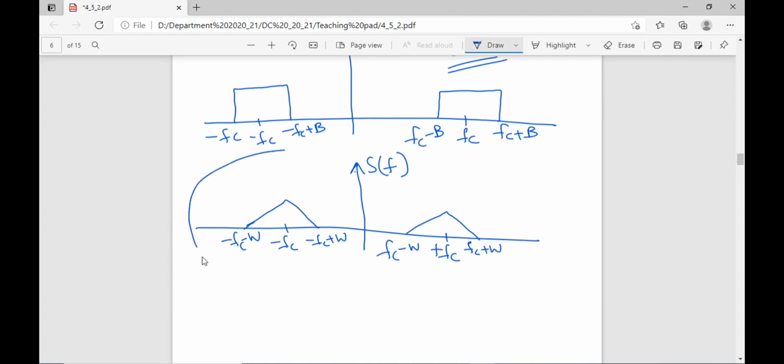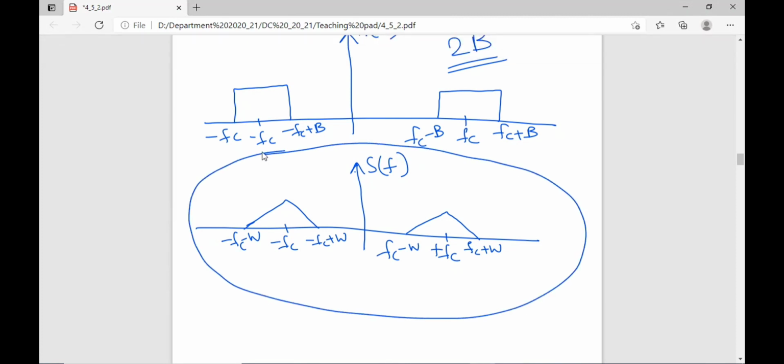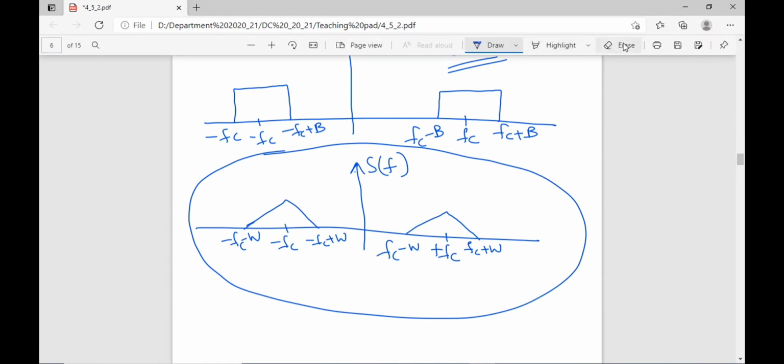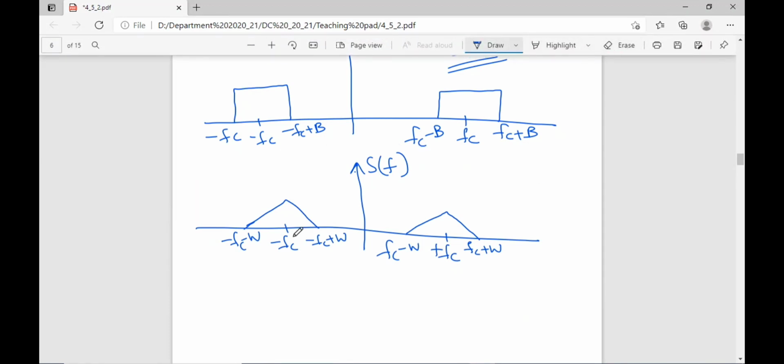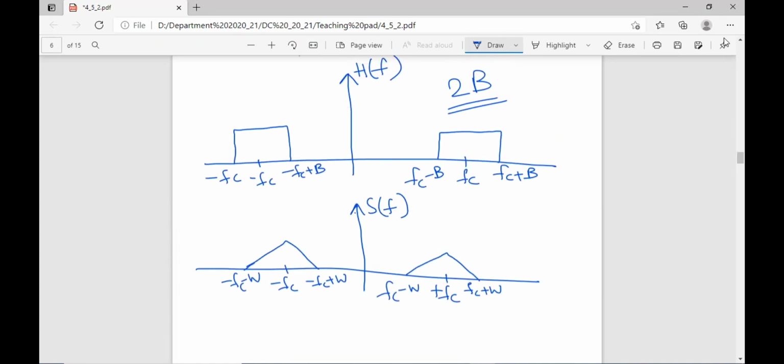Why am I showing you this S of f? Just to analyze, in the sense I will compare this S of f with this H of f. So that is what I'm showing you, how the spectrum of this signal will also be. If you observe, H of f is a bandpass system, so it is again having the carrier frequency. Now my aim is that I should not have the carrier frequency. If I want to eliminate this carrier frequency, I need to shift it to the origin. Now we'll see how we are going to achieve that.